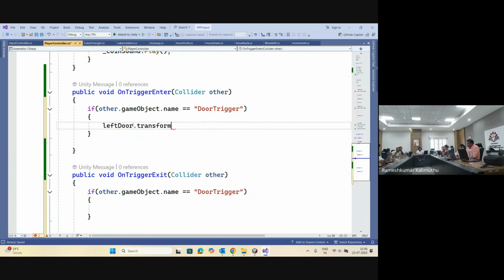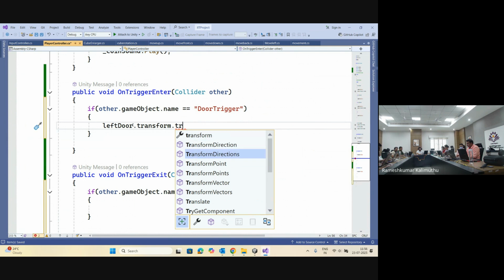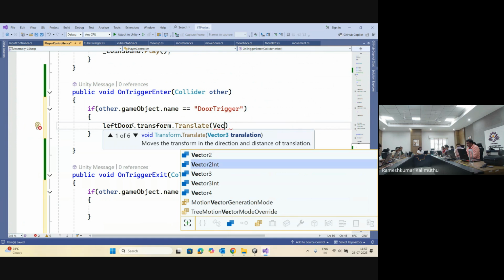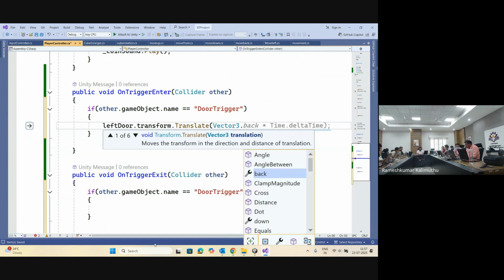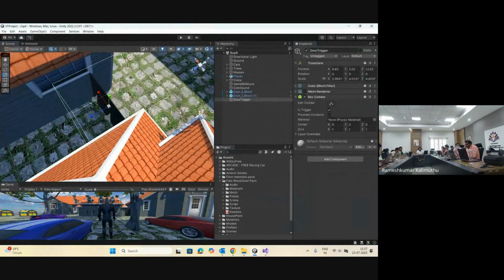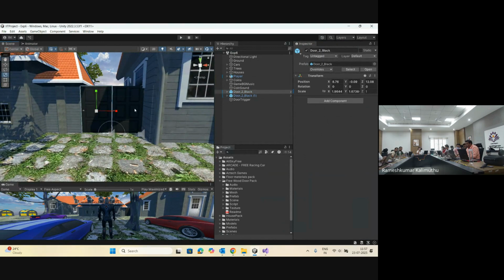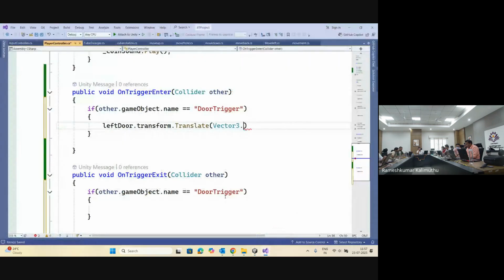leftDoor.transform.Translate(Vector3.left * 3.0f)